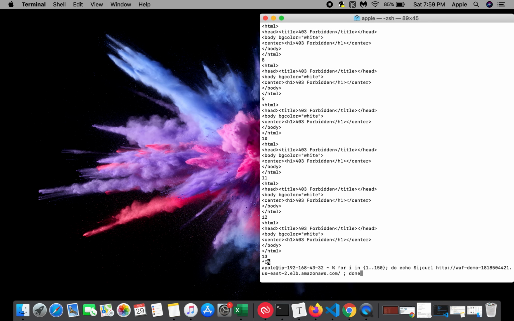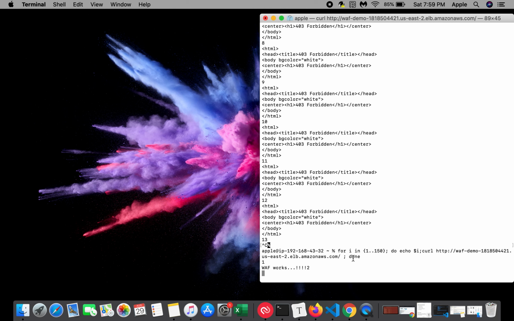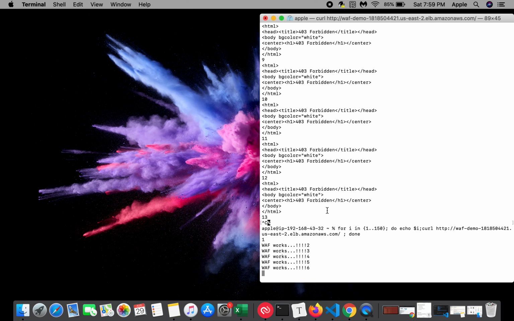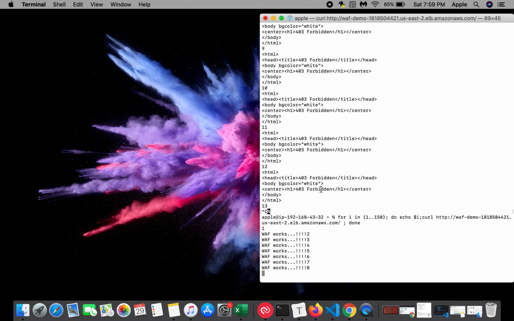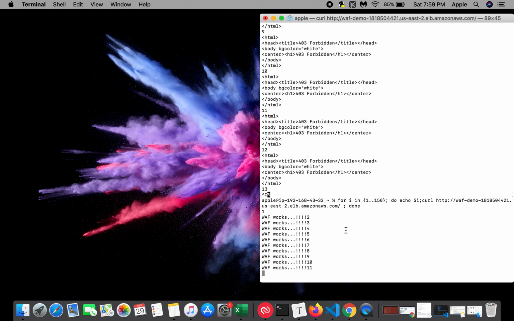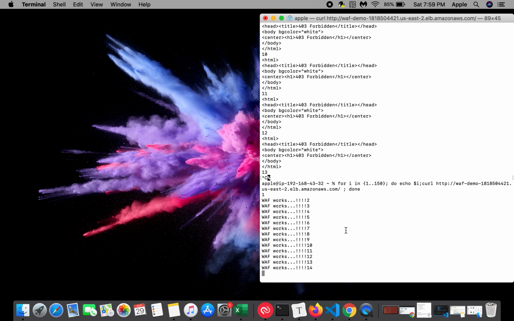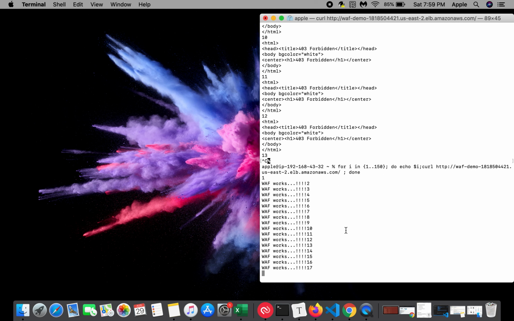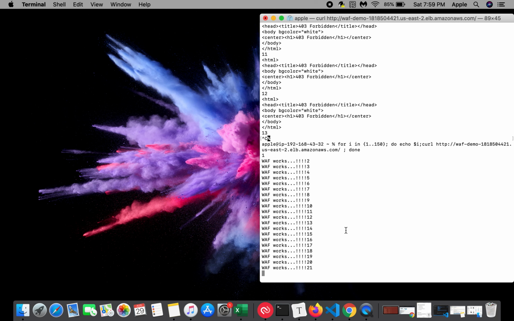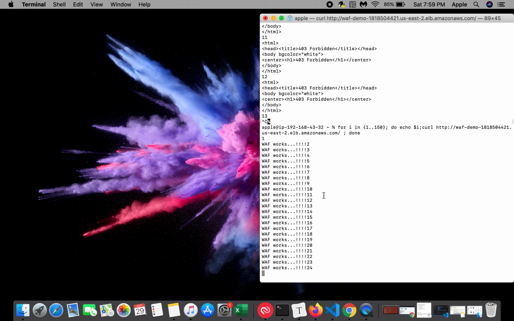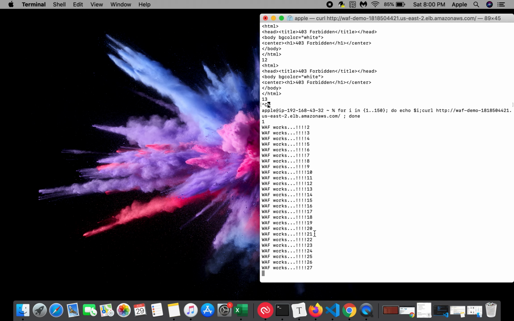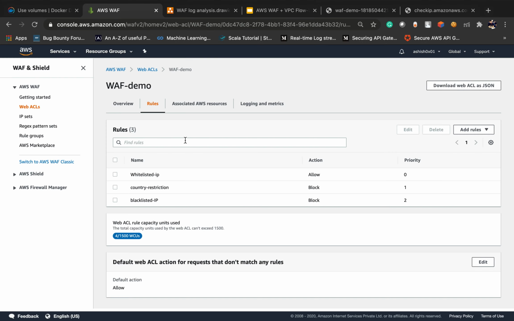So if I make this query again, I will not get any 403 forbidden error, because I whitelisted my IP for all the requests, and the web application will be able to serve all my requests. And also, what are the benefits of using WAF? For WAF we only pay for what we use.